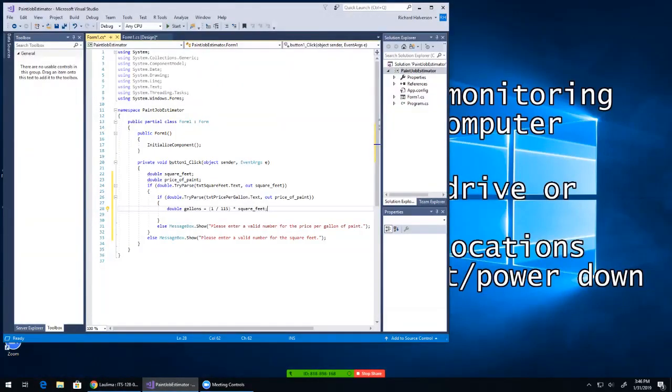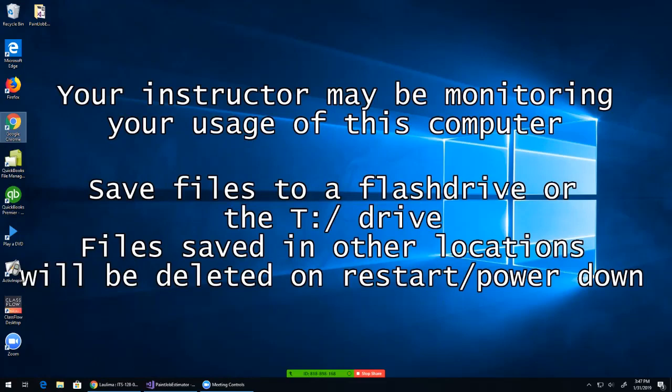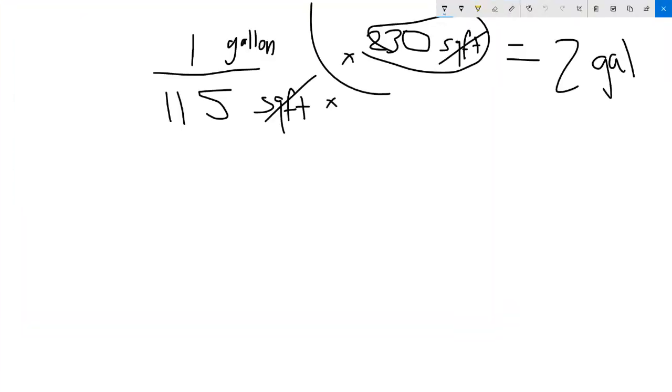So that takes care of gallons. Now, the trouble is I want to round this up, because if it's, wait a minute. If it's, let's say it's 100, and let's say it's something easy. Let's say it's 200 square feet. Let's say we're only doing 200 square feet. Okay, so we still need 2 gallons, and we're gonna have some left over. So that would be 1 gallon over 115